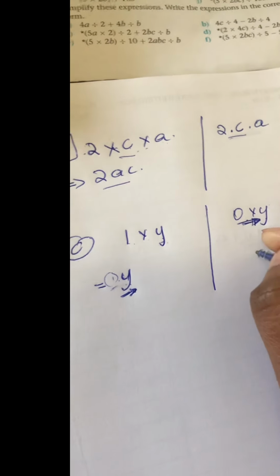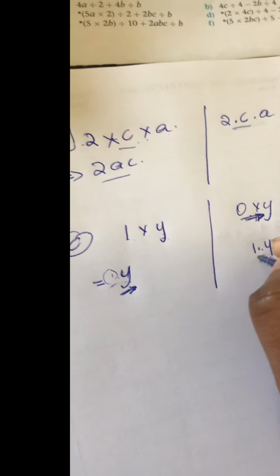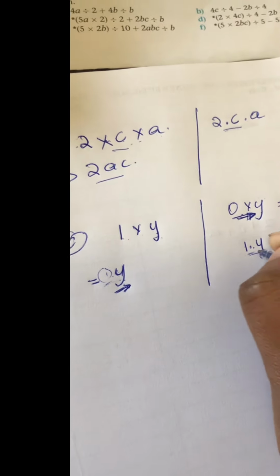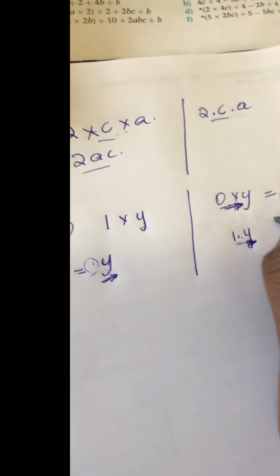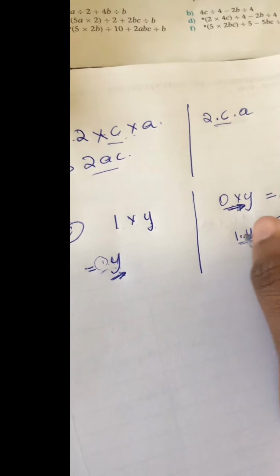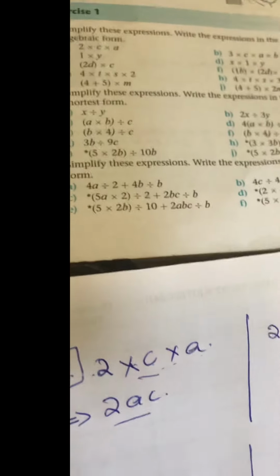You can also write it with a dot here, but the correct way of writing this in an algebraic manner is just to write y. Your teacher will know that the 1 is invisible. So we are going to move over to the next